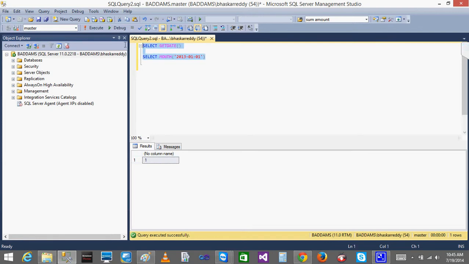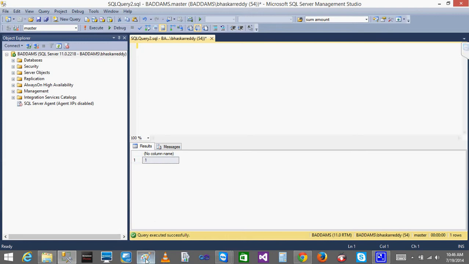So these are all the system defined functions. Even if you want to get, there are many things. CONVERT is also one type of function, right? We are converting the data type. CAST, as we explained previously, is also one type of function. So all of those are system defined functions. Apart from the system defined functions, the user can also define some functions.